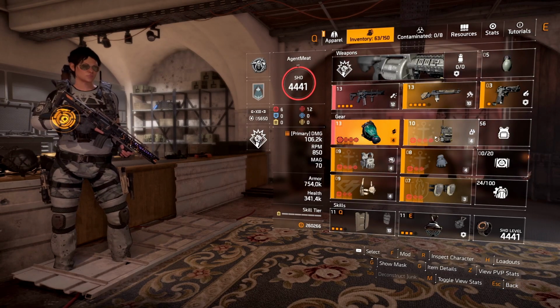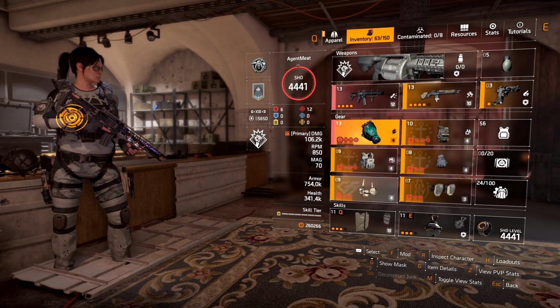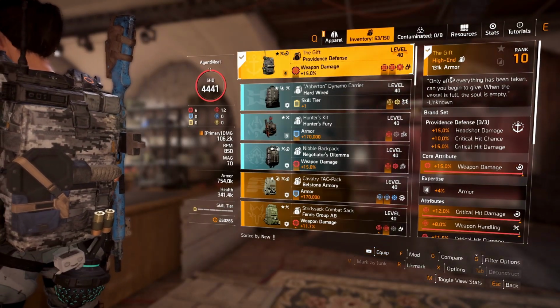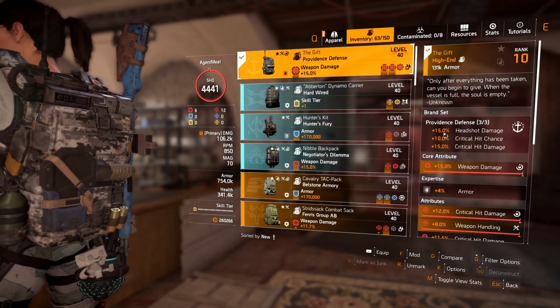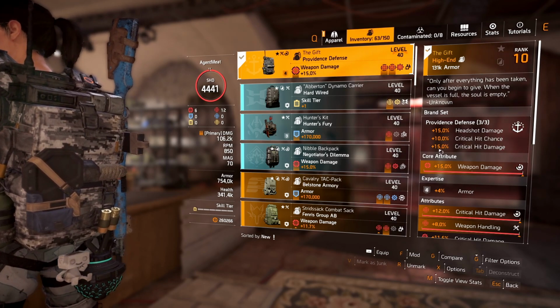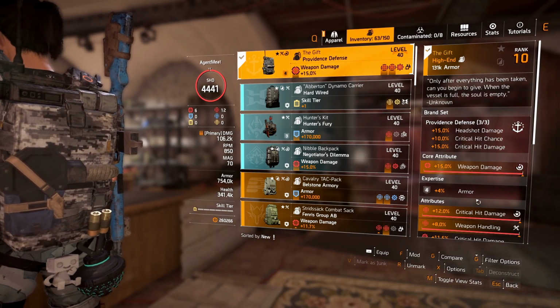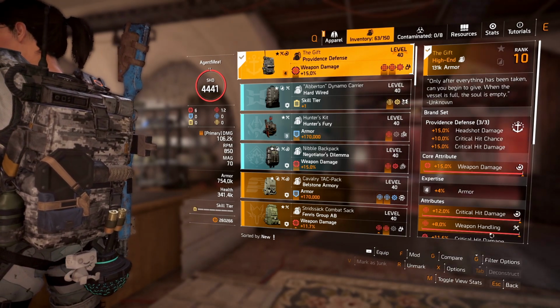The rest of the build breaks down to 3 pieces of Providence, 1 piece of Grupo, and Fox's Prayers. So the 3-piece brand set bonus for Providence, you get 15% headshot damage, 10% crit hit chance, and 15% crit hit damage. This one has max weapon damage, crit hit damage, and this is the first of the 2 changes